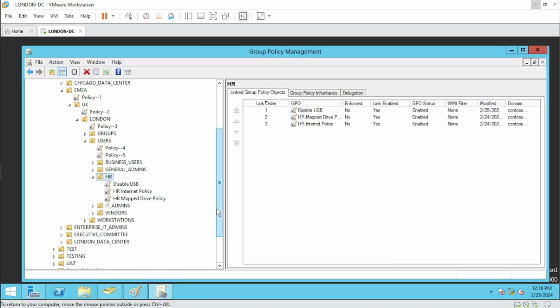Here we are on our Group Policy Management Console, and we have highlighted the HR OU, and we can see that there are 3 policies linked to the HR OU, namely disable USB, HR internet policy and map HR map drive policy. So let us highlight the disable USB policy over here,